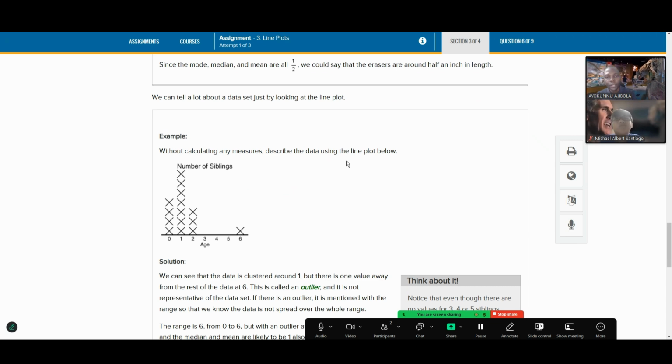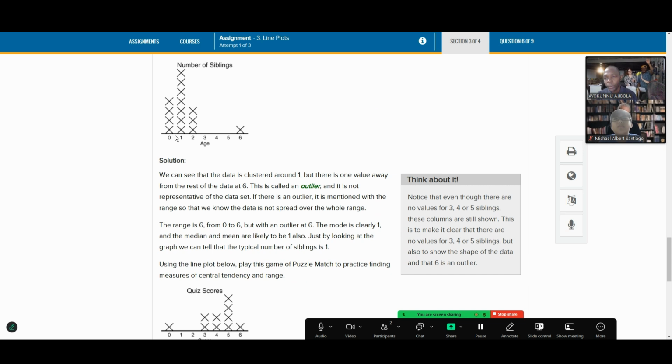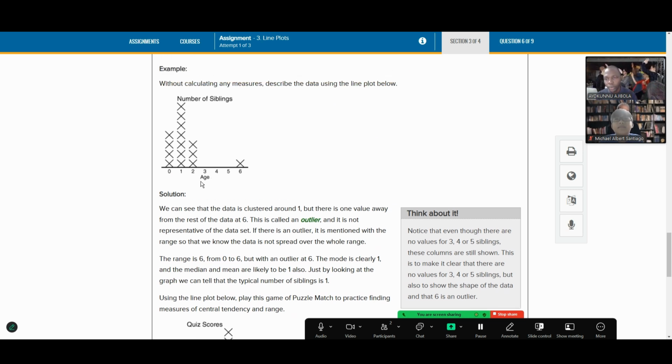Describe the data using the line plot below. Okay, there is age 0, well, maybe less than 1, might be that 0. So that's 4. It appeared 4 times. Age 1 appeared how many times? 1, 2, 3, 4, 5, 6, 7. 7 times. Age 2 appeared